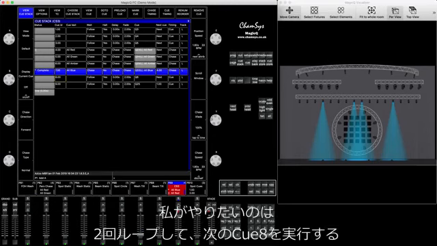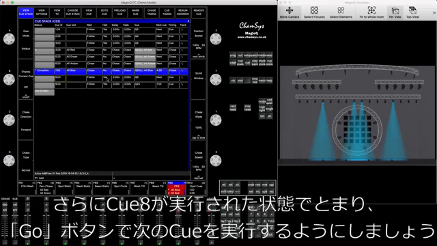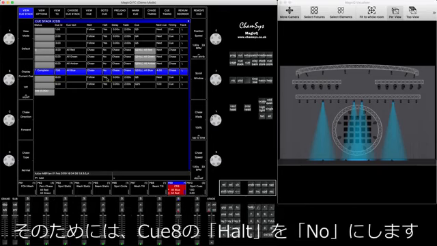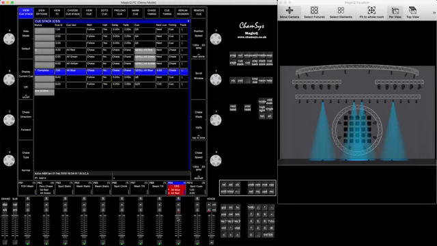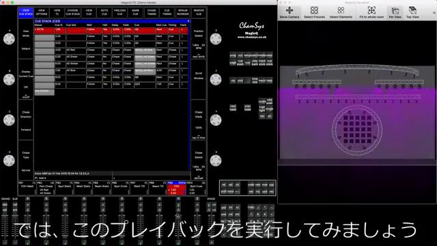I want, when the chase finishes running it twice, for it to automatically go to the next step, so it will take you out of the loop. So come here and you just change hold from yes to no. So now if I put the fader down and raise it up again,